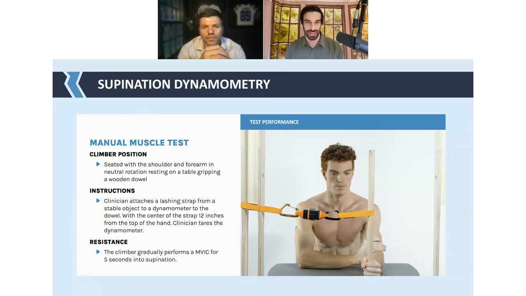So the current one that you see, you have to look at the rating. That one's rated for 200 pounds, and there's no way that with your supinators, you're going to pull 200 pounds. So that's completely fine. But obviously for the lower extremity, you're going to have to use thicker and thicker, more highly rated lashing straps. And if you get to the point where you're manual muscle testing, for example, the quadriceps